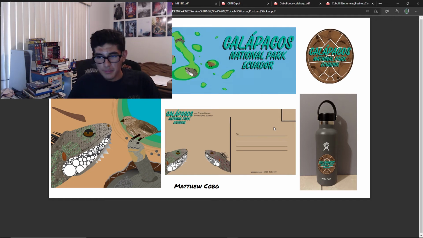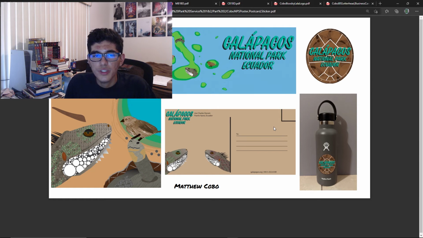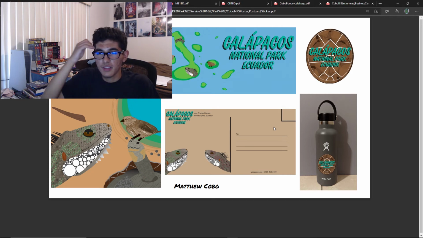But one of the things for this project and going forward was learning how to do a system and really show how these things are connected to each other. And I think the way that I tried to do this system here was with, of course, the text, Galapagos National Park, in that font and in that color with the highlighted background that I was talking about earlier. But that system was also a use of the animals, and I'm trying to think of a way I could have even done the turtle shell using the system of the animals, but I think